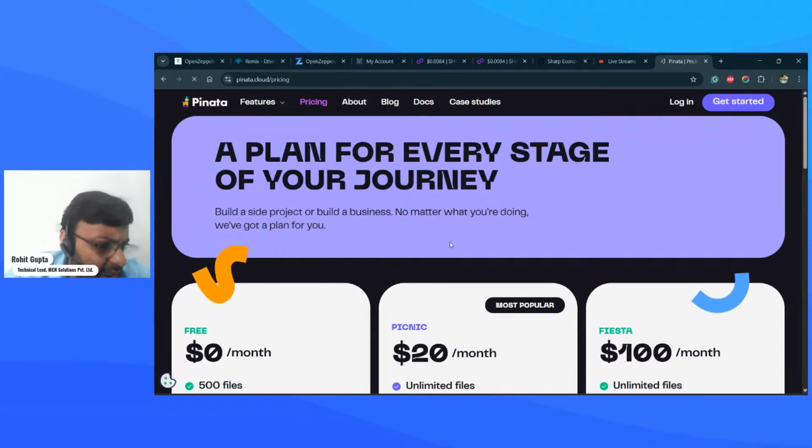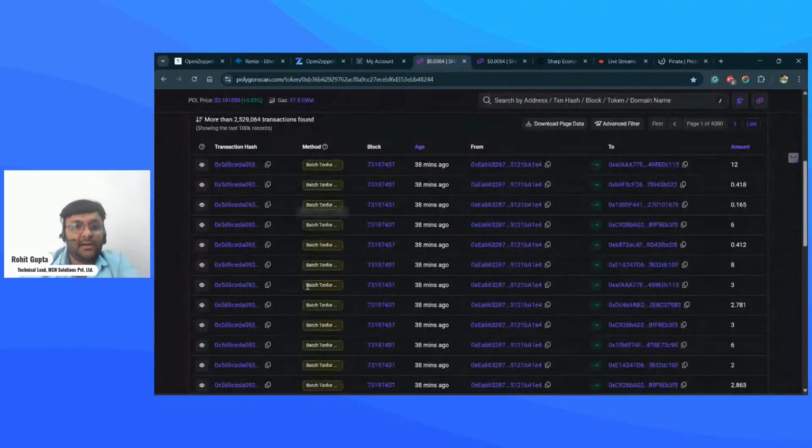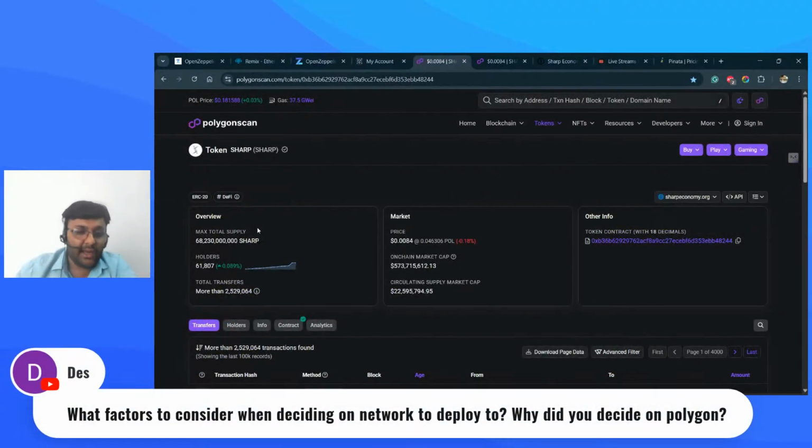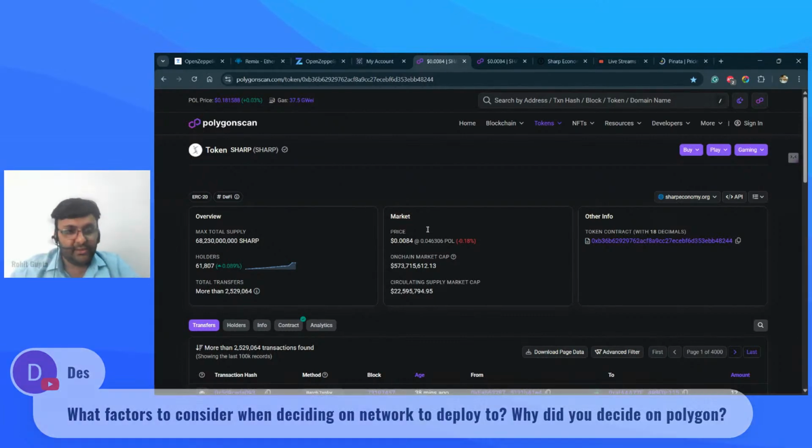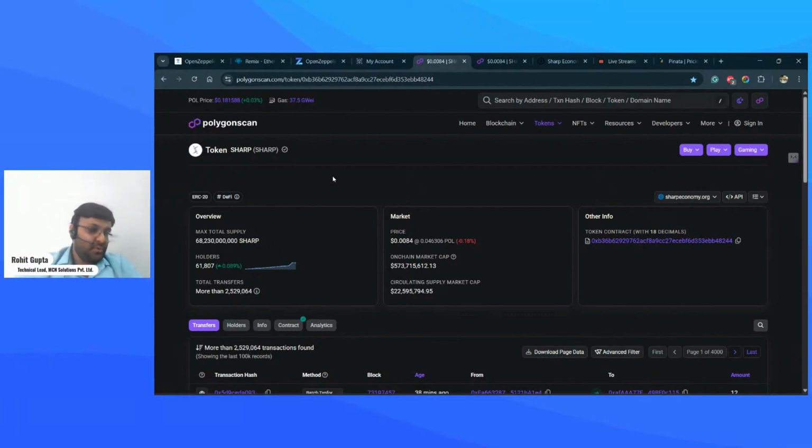Next, what factors to consider when deciding on a network to deploy to? Why did you decide on Polygon? Definitely an awesome question. I deployed on Polygon because my contract already is on Polygon and I have the funds for the gas fees required to deploy it. You can choose whatever you want, but Polygon is very cheap, about $0.18, and the gas fees are very low.